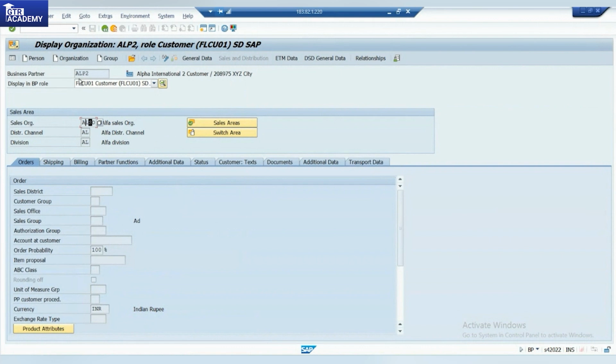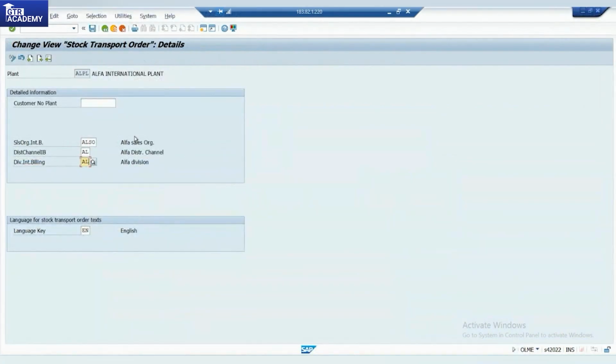The sales area will be defined at the customer level. So the customer will be mapped in the PO. This customer will have the sales organization defined in the sending plant. Are you getting the linkage? Sales organization, distribution channel, and the division are in the middle of the sending plant and the receiving plant. This receiving plant is a customer. Okay,